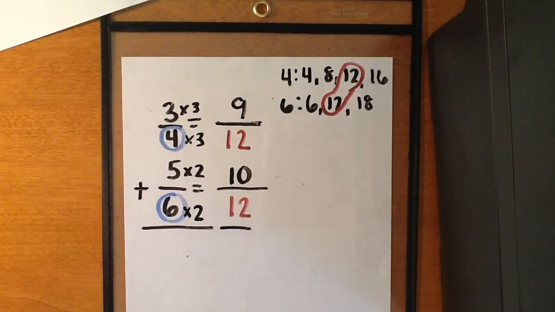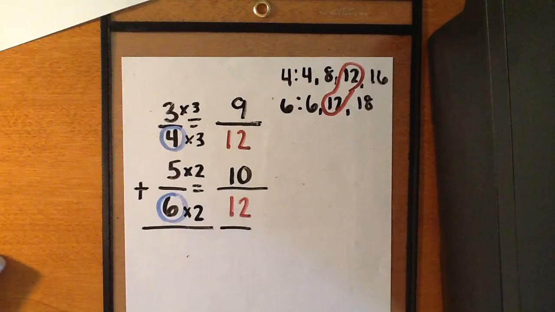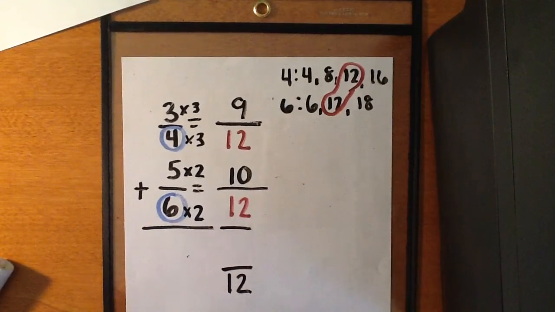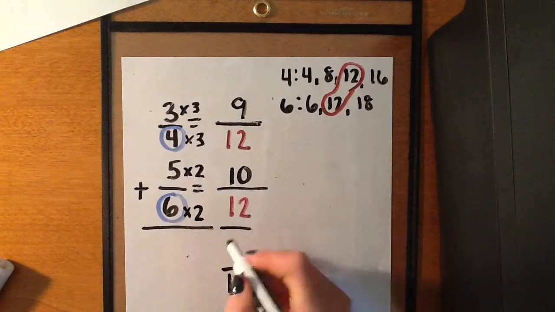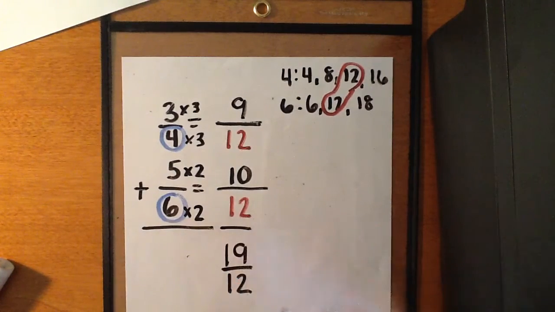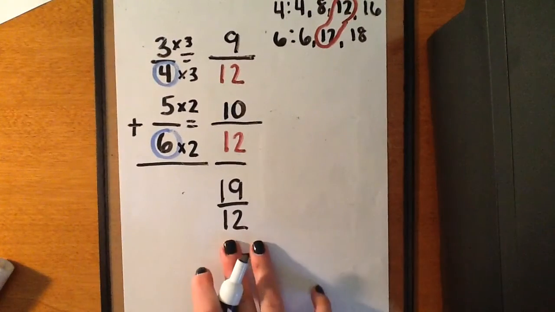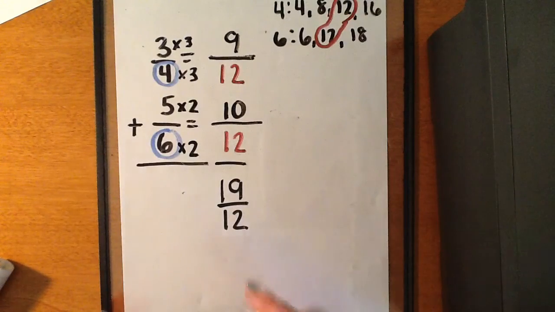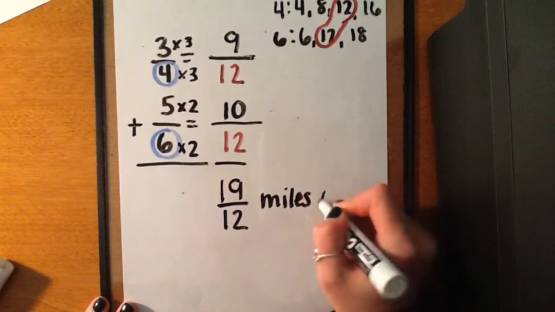Now I can add them up because they have the same denominator. So I'm going to keep my denominator the same, keep it as 12, and I'm just going to do 9 plus 10 is 19. But right now, this fraction is fine and dandy. I could say that Miss Liberty ran 19/12 miles in all,